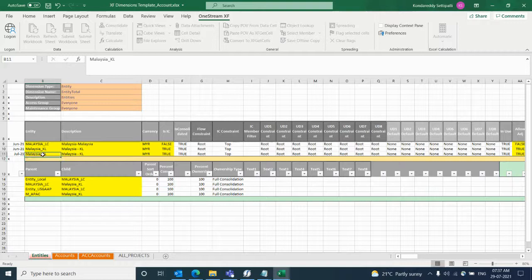So what I'll do, I'll create a member called Indonesia_LC. LC is a parent. IDR, Indonesian rupiah, is a currency, but we don't know whether this currency is there in the system or not.